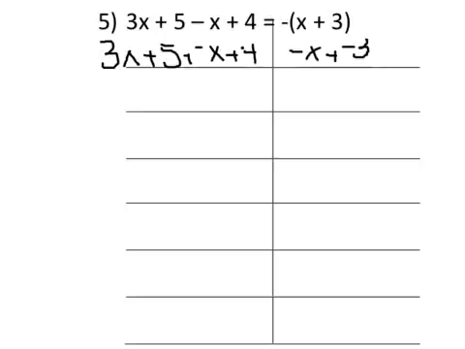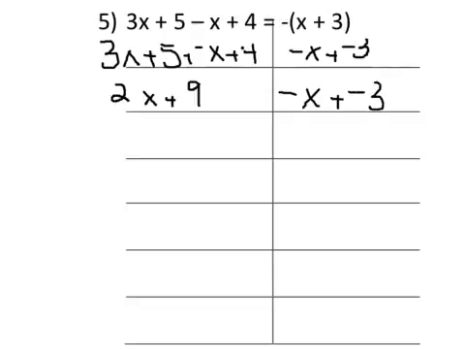And then the second thing I do is I combine like terms. So if I have this 3x here and I have a negative x, that means that there's a zero pair. So I'm going to be left with 2 x's when I take away the zero pair. And then I also notice that I have 5 tiles here and 4 tiles here, so that makes 9 tiles. So I'm left with 2x plus 9 on the left, and I still have this negative x plus negative 3